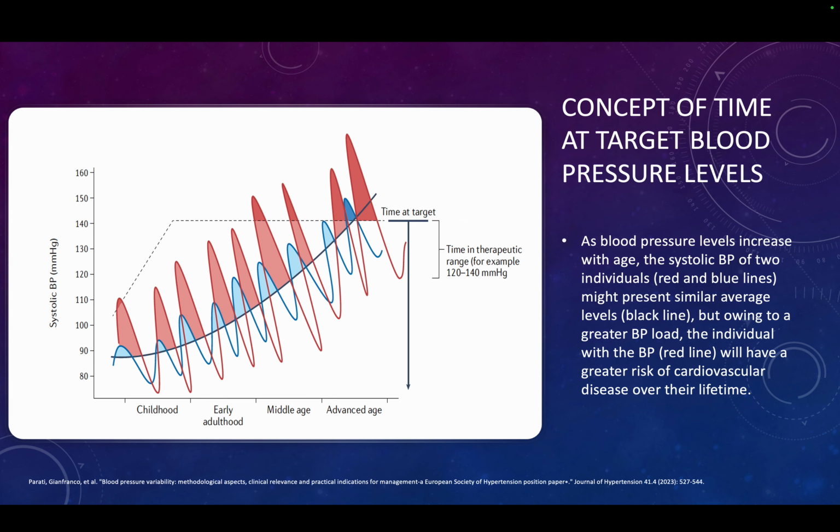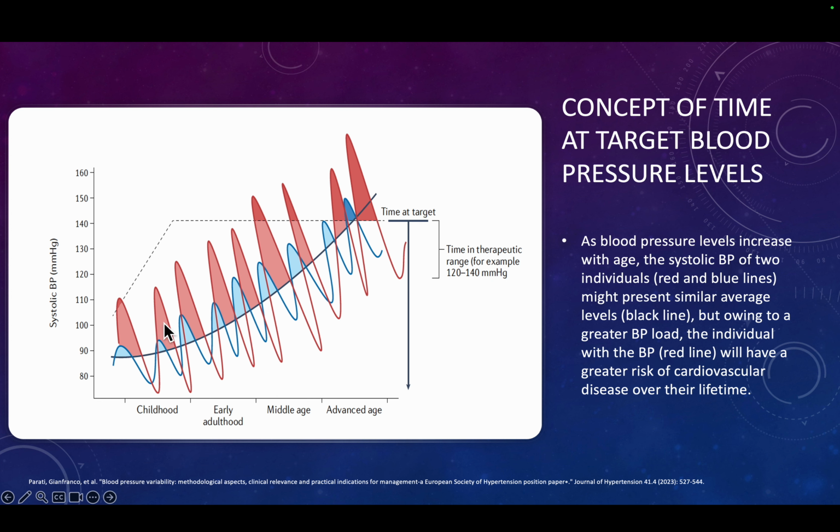A very important concept you must understand here is that there are two kinds of patients, from childhood to advanced age. Look at the mean blood pressure. Mean blood pressure is increasing in the black line. It is increasing as the age advances. Acceptable. Now there are two patients, one represented with the blue line and the second represented by the red line. What we want to say is that the blood pressure in the red line, because of a lot of blood pressure variability, stays on a higher side for a longer period of time than the patient with the blue line, because the variability is less.